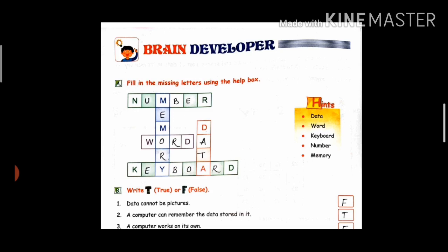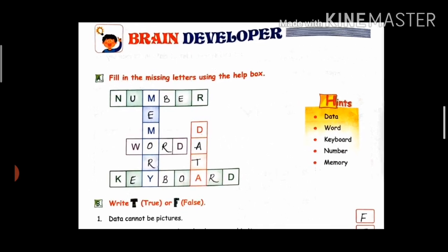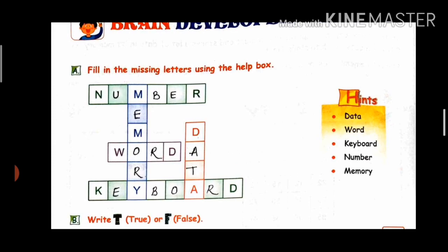You have to choose the words from the hint box and write all the missing letters in the question. Now the first one is number, so you have to write the exact spelling of number,